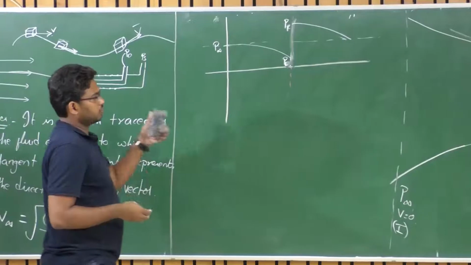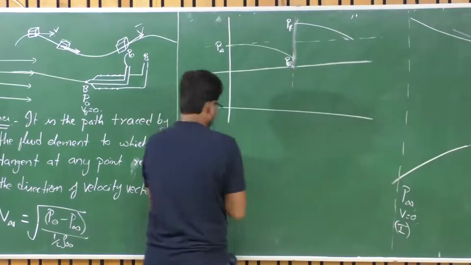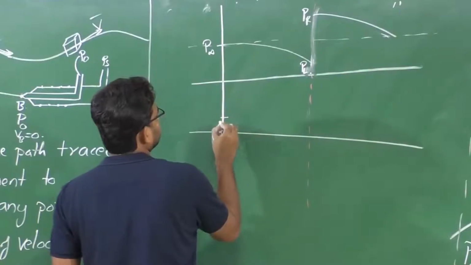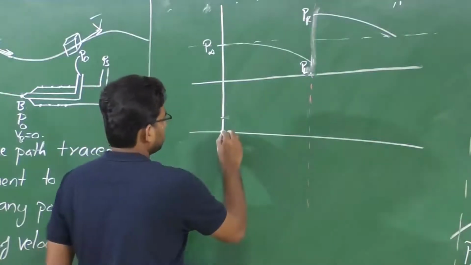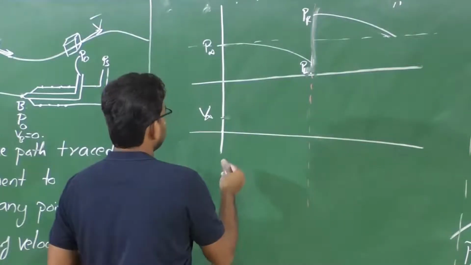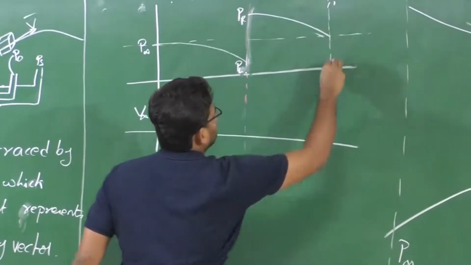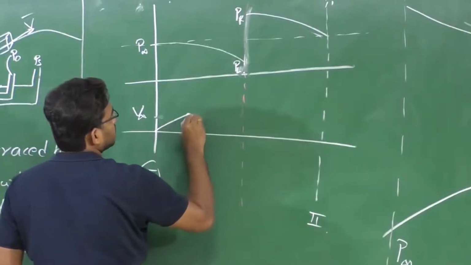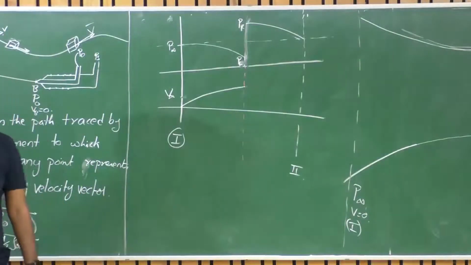Now let's see what happens to the velocity. So let's say this is the initial velocity, or say it is at rest. So this is V infinity. This is at rest at station 1. Say this is my station 1. This is the disk and this is my station 2. So what happens here? The velocity increases to Vi, and we don't know what's happening after that, isn't it?